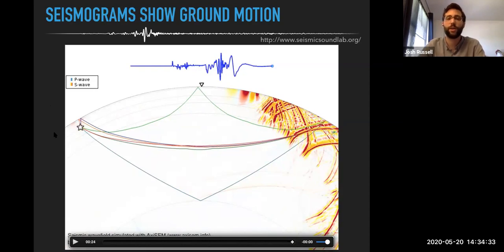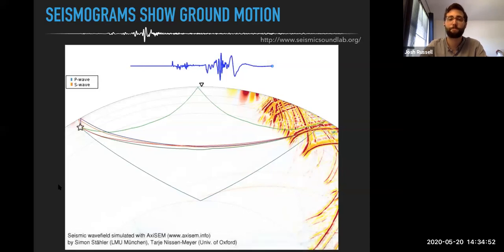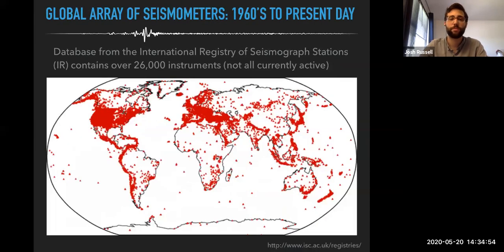Okay, and you can tell this seismogram up here looks kind of like some of the stuff we were just looking at, but way more complicated, and there's way more going on in these than in a simple sine wave, but we can turn them into sound just the same way. So this is an image showing all of the seismometers in the International Registry of Seismograph Station